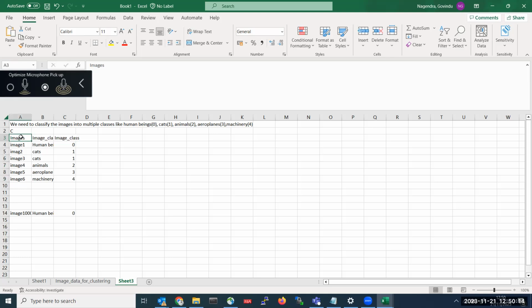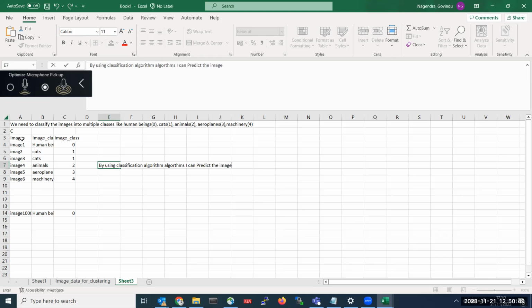So we need to pass this input data to my machine learning model, and we need to pass this output data, that is the target feature, as the target feature to my machine learning model. So by using classification algorithms, I can predict.